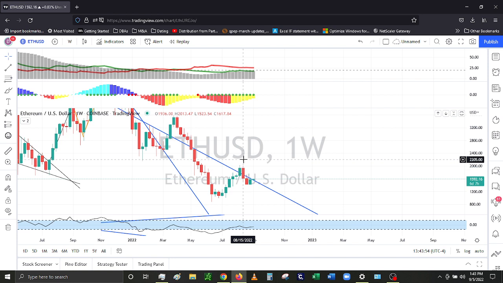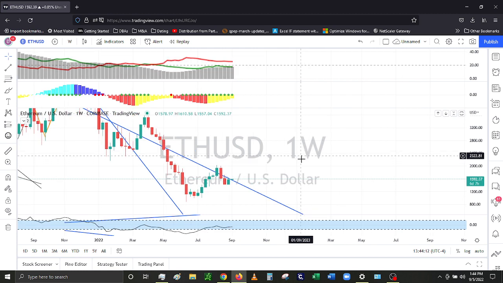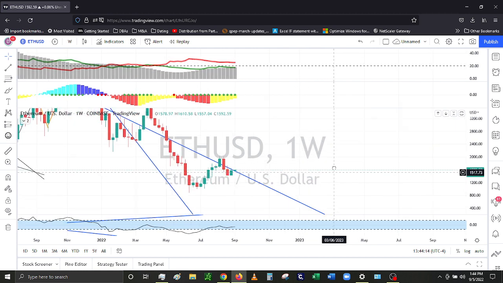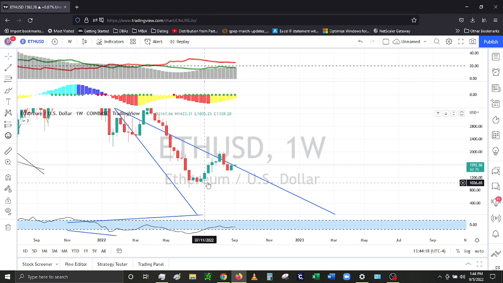What we needed was a green bar and a close higher than this green bar's range. We needed it to close up here, and then it's like, okay, it's going to move up a little bit, finish the move, sideways consolidation, then make another level up. It's not doing that, so it might still. I think my theory still holds because this is definitely a bottoming pattern in my opinion, especially with the peak trough here. And then it held here, and now it's moving up over the trend line. It's trying to go.